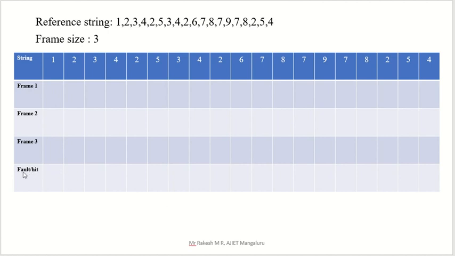For each page I have to write either fault or hit. I will represent a fault with a star mark, and for a hit I am not mentioning anything. Here we have a fault because nothing is there in main memory, but the CPU wants page number 1. Is there any entry of page number 1 here? No. So the OS's job is to take that page 1 from secondary memory to primary memory.